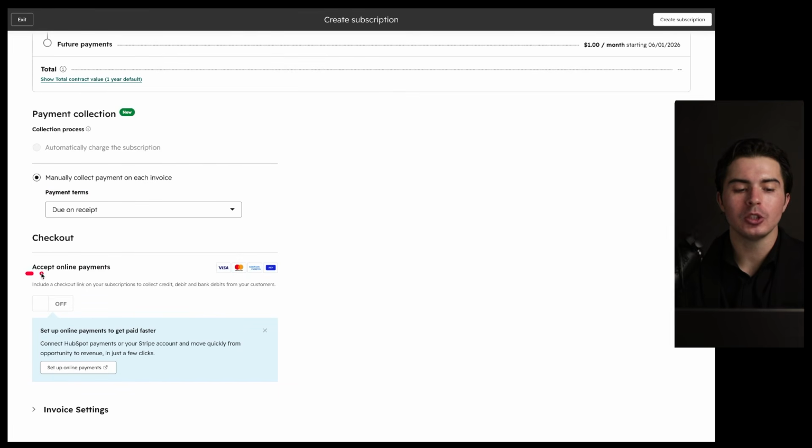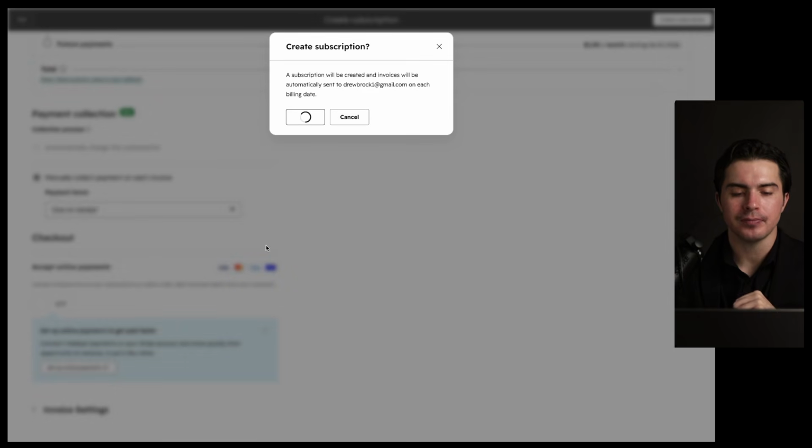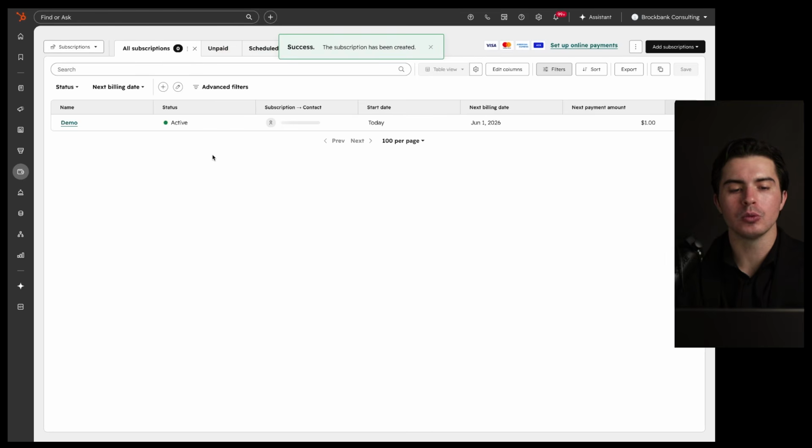And then we also want to accept online payments, but again, you need to make sure that the payment processor is set up there. From there, we're going to go to create subscription. And now the subscription will be active and you can view all your subscriptions from this records view page in